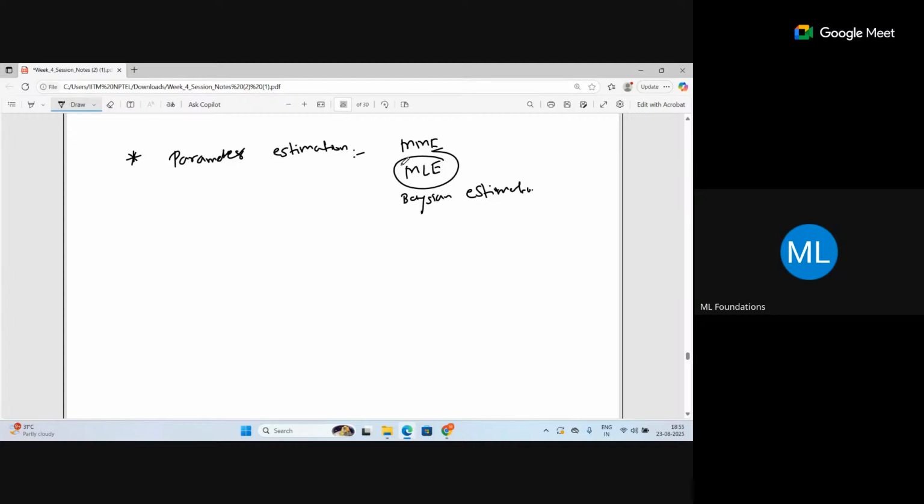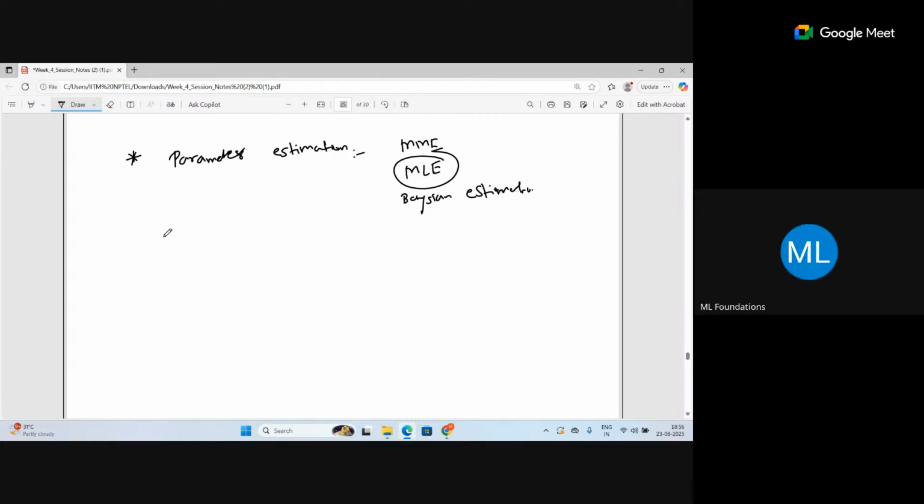So the parameter actually is from a... So what we generally do is you accumulate some data, right? So let's say housing price prediction example, you have seen that, right? The houses you have, the data you have collected, that is not the entire data of the houses, right? It's a sample from the large population, and you may not be able to collect all the data of the population, right?